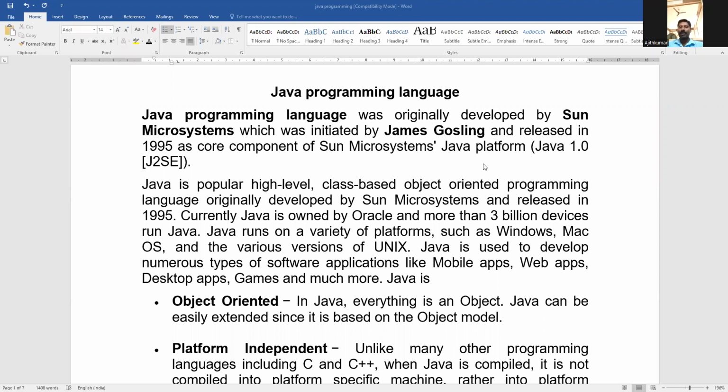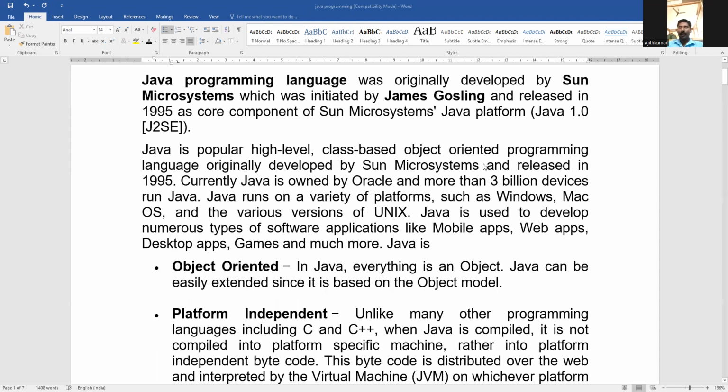Java programming language was originally developed by Sun Microsystems, initiated by James Gosling and released in 1995 as a core component of Sun Microsystems. Java is popular. It's a high-level, object-oriented programming language, originally developed by Sun Microsystems and released in 1995. Currently, Java is owned by